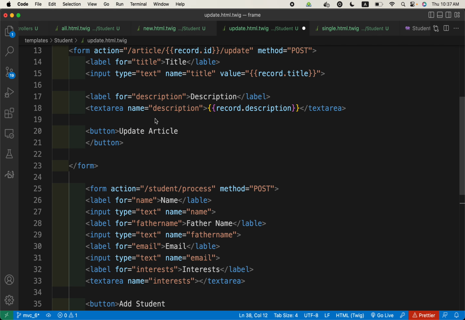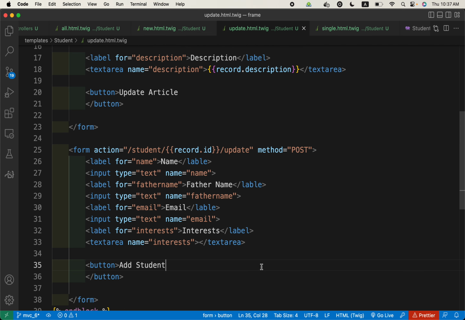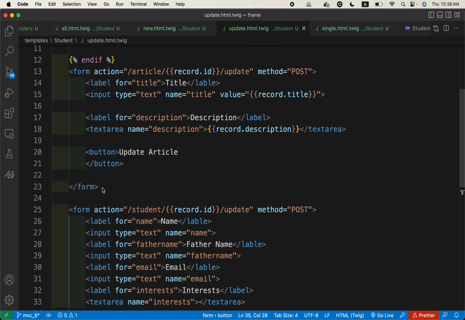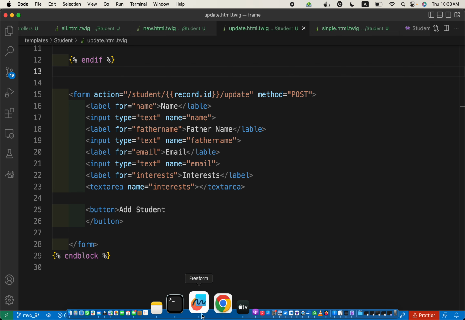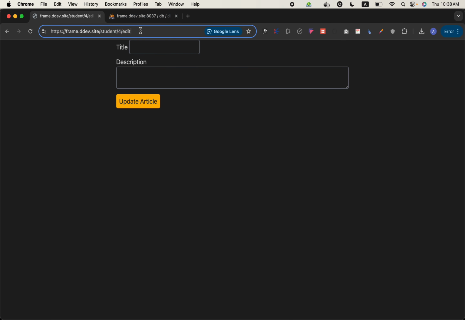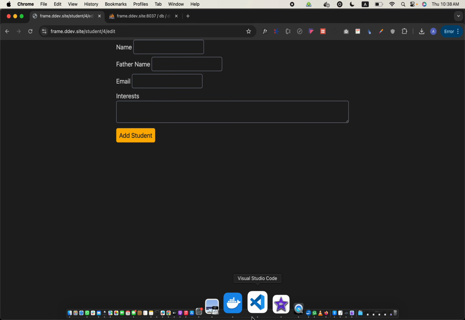The form action is this, and we will change the method to student record.id and update. That's it. I will remove the older form and save. So if the page is refreshed now, student 4 edit should have all the values, and to output the values,